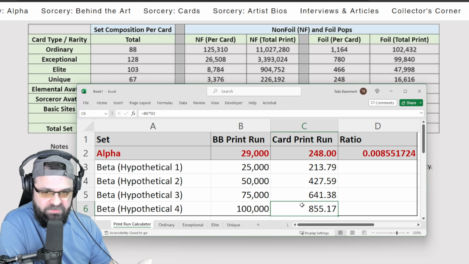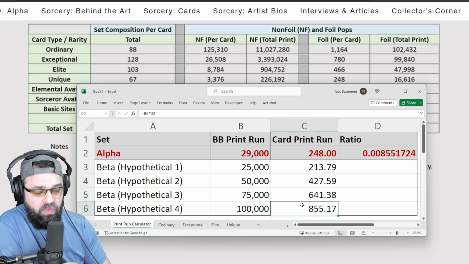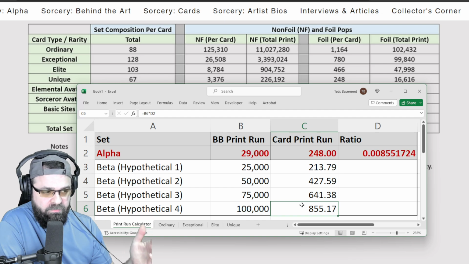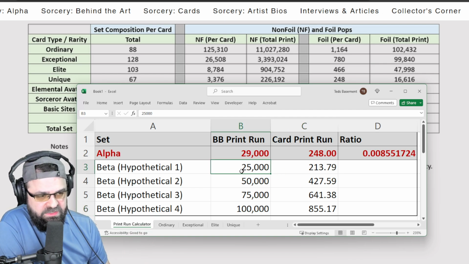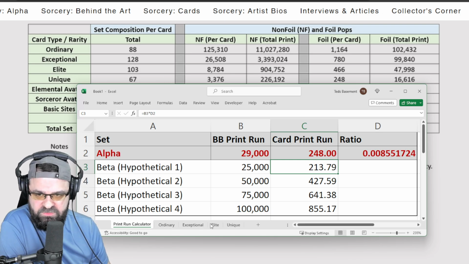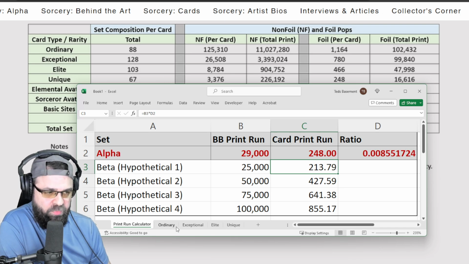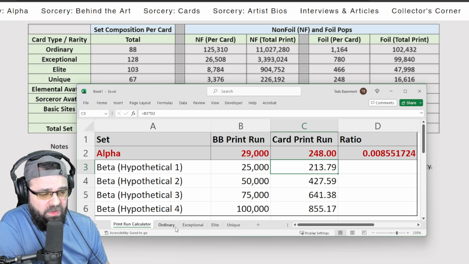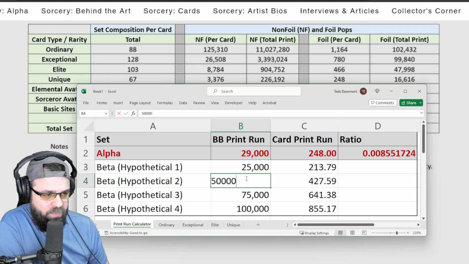We're only at 855, right? So if we extrapolate this out, basically we can play with any number we want here. What I did is I went ahead and pre-filled in this calculator for the ordinaries, exceptionals, elite, and unique. So we just looked at the unique now, but the reason I did that is if we wanted to play